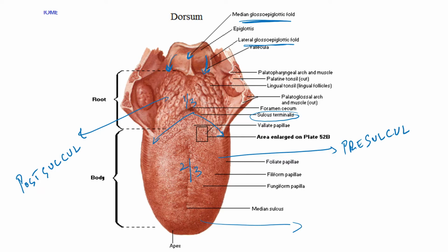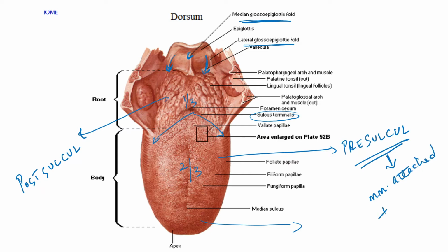So this is about the dorsum. The anterior two-third, or the presulcal oral part of the tongue, is covered by the mucous membrane, and in this case the mucous membrane is adherent to the muscle coat. In the anterior two-third of the tongue, the mucous membrane is attached